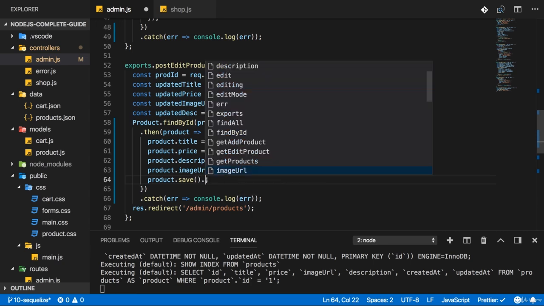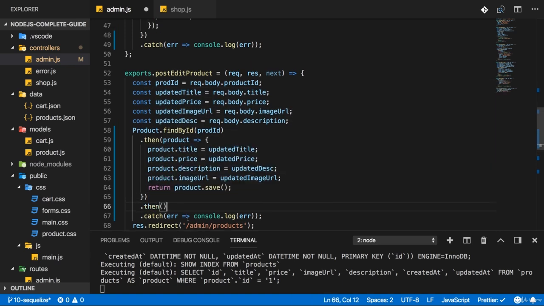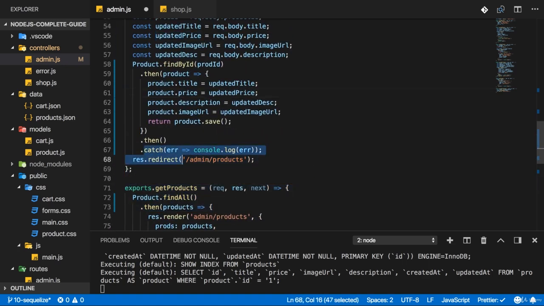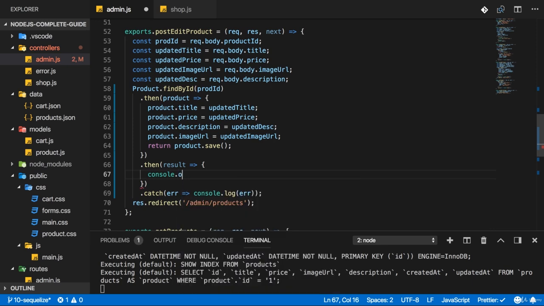Now here we can again chain then and catch, but to not start nesting our promises, which would yield the same ugly picture as nesting callbacks, we can now return this here. So we return the promise, which is returned by save, and we can simply add a then block here. And this catch block would catch errors both for this first promise here and for the second promise. This then block will now handle any success responses from this save promise here. So here we get back a result, and I will simply log